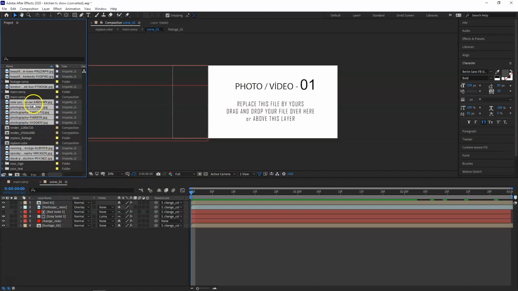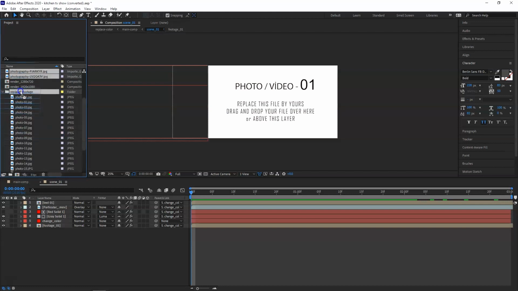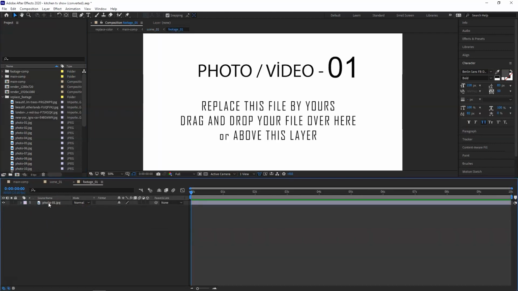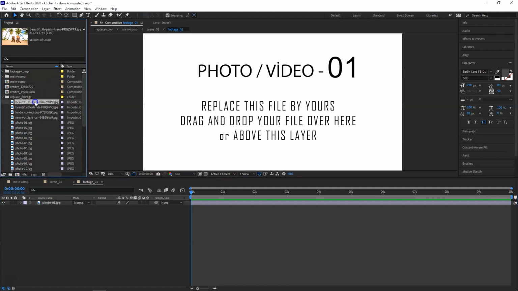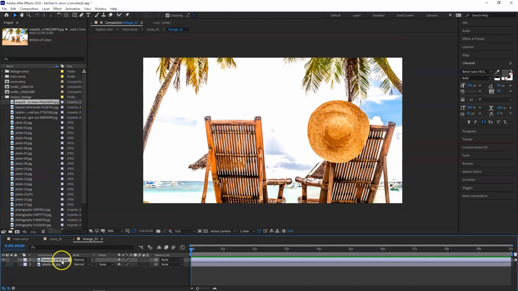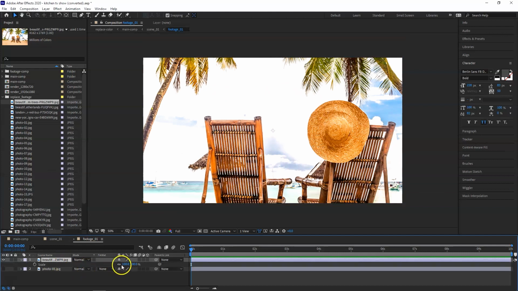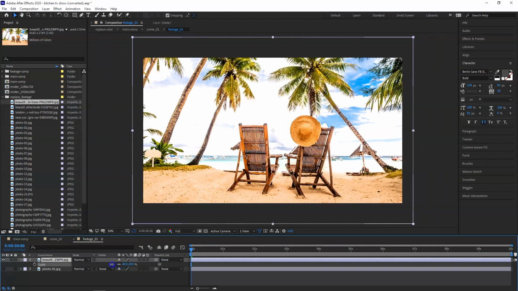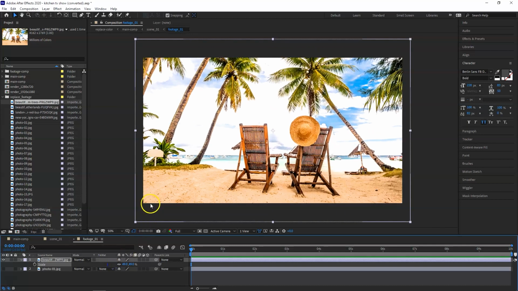Just to be organized, I'm going to drag and drop them into the replace footage folder here. Now what I'm going to do is go into my footage and there you see the template photo. Okay, now I'm going to just change it, and for example for this one I'm just going to bring the palm trees image here, and you can either delete it or you can make it invisible, but it doesn't really matter anyway because our photo is on top of it, so that becomes invisible. If you need to scale it down, press S and then you can scale it down. Okay, I'm just going to leave it like that